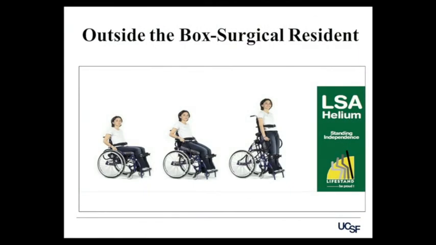Outside the box, this I spoke to a little bit earlier, and we are short on time, so I'm just going to run through this fast. But when my student was paralyzed, everyone said, well, that's it, he can't go to medical school. And then we got them over the hump of, well, he can go to medical school because he can meet the technical standards. And I just said, thank God he's not a nurse, because you break your ankle and you're out in nursing because their technical standards are so specific.